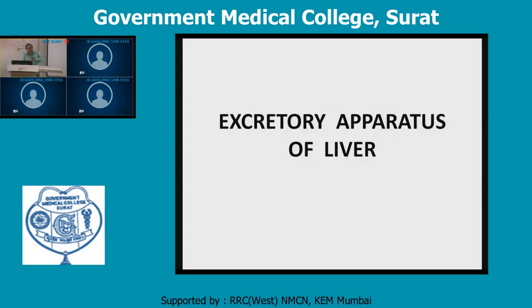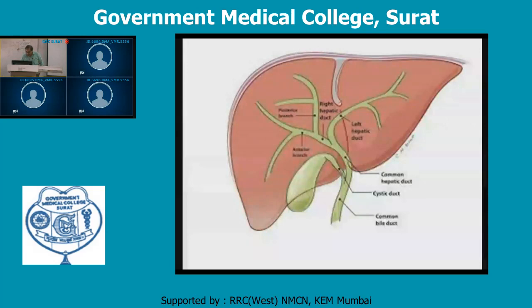So here in this image we can see the intrahepatic part. The green colored lines indicate the bile ducts. Now this bile is produced by the hepatocytes. Initially they are within the bile canaliculi. These bile canaliculi coalesce to form small bile ductules, and gradually these converge, become larger and larger ductules, and ultimately form two hepatic ducts. That is the exit for the bile from the liver.